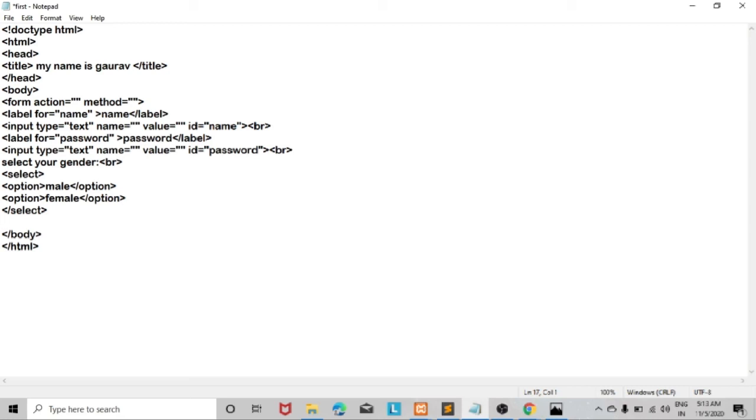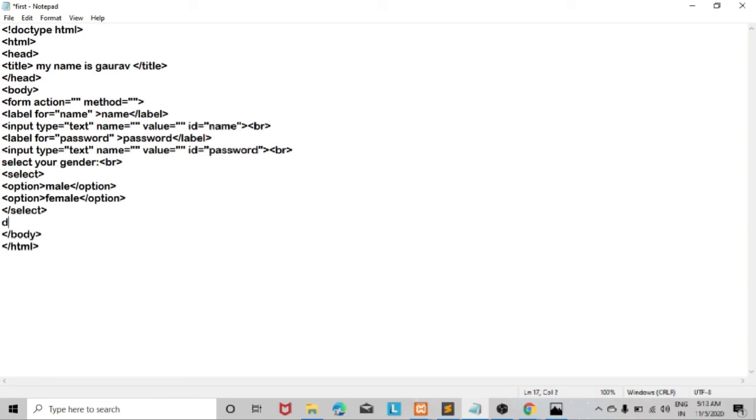After you are able to select something, you are able to choose something. Now can we implement a calendar in a form where we are asked to give the DOB? Suppose my name is Gaurav, and someone on a website asks me to give my DOB. How can it be done? It is very easy to do.